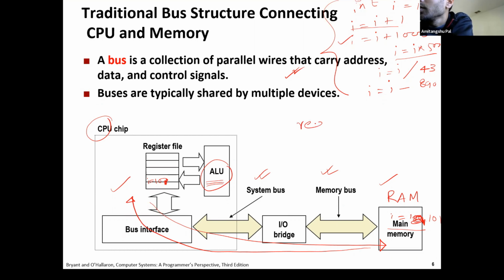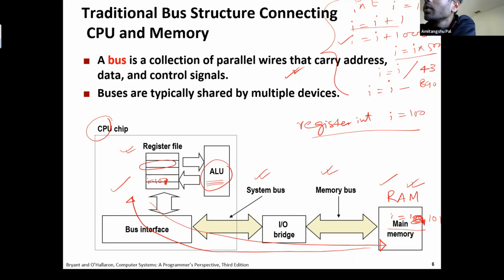Now, to get rid of this, there is a keyword called register int. You can write register int I equal to 100. What will happen if you write this? Instead of storing this I inside the memory, it will be stored inside one of the registers, if some register is available.